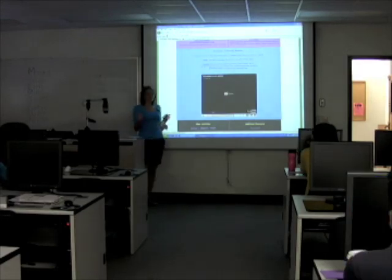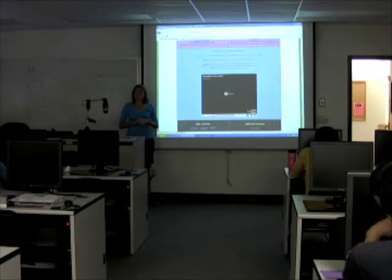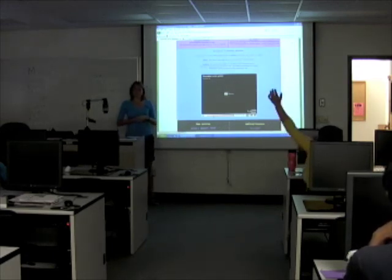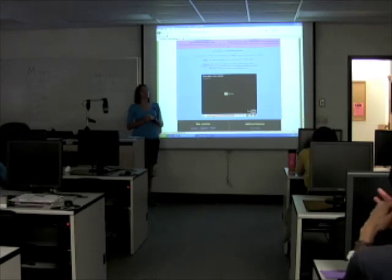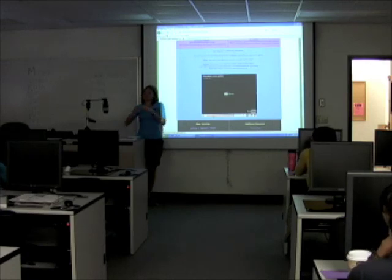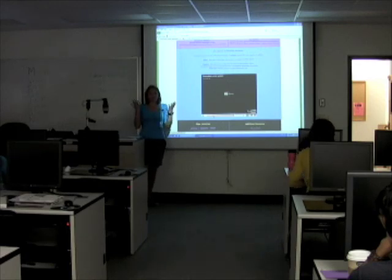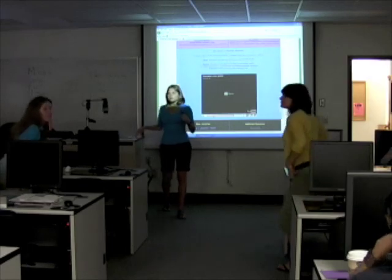Some planets seem to be circling the sun a lot, and some were going a little slower. What planet looked like it was really moving? Yes? Mercury was all over the place. Mercury, yes. It wasn't all over the place. It was in its orbit, but it was moving pretty fast. That is because Mercury is so close to the sun, and it has a smaller orbit than does Jupiter. And we're going to learn a little bit more about that tomorrow. But right now, if everybody can stand up, grab their note card,